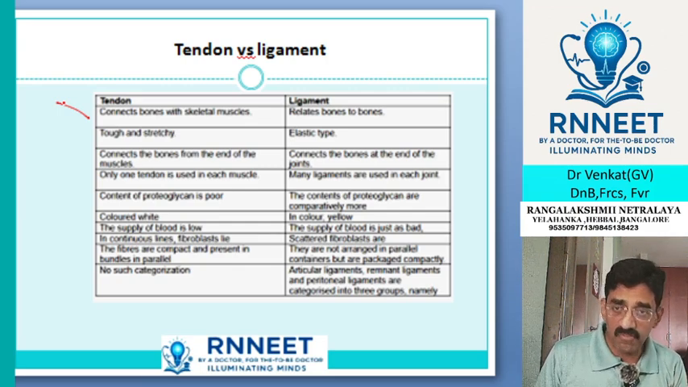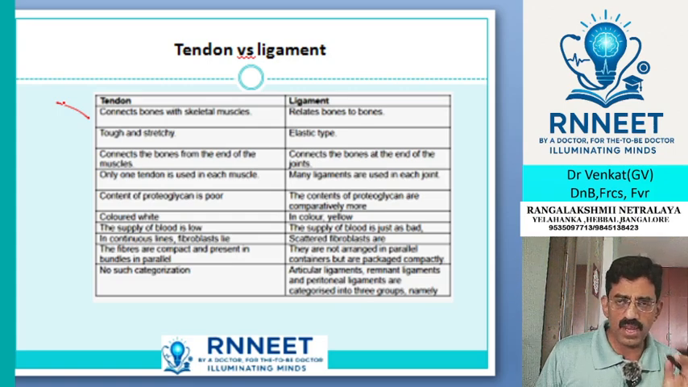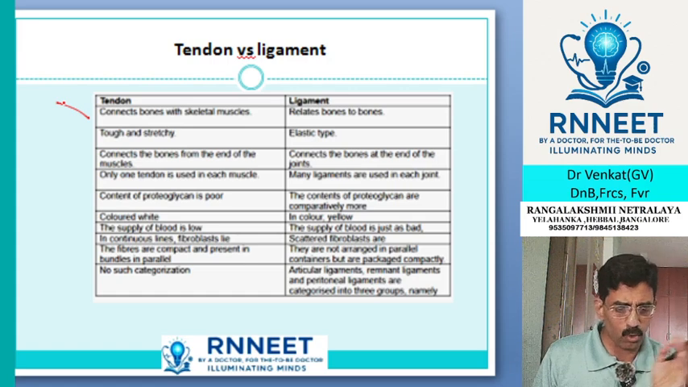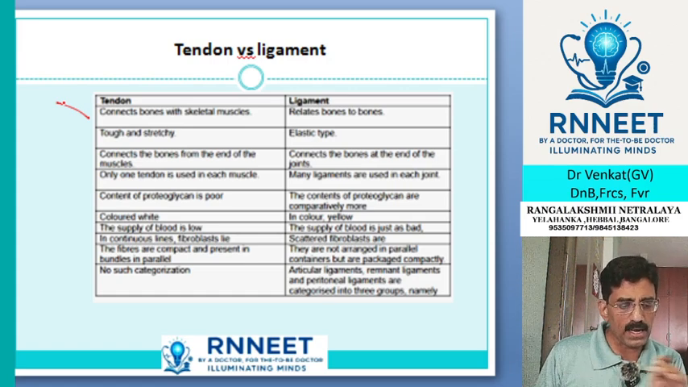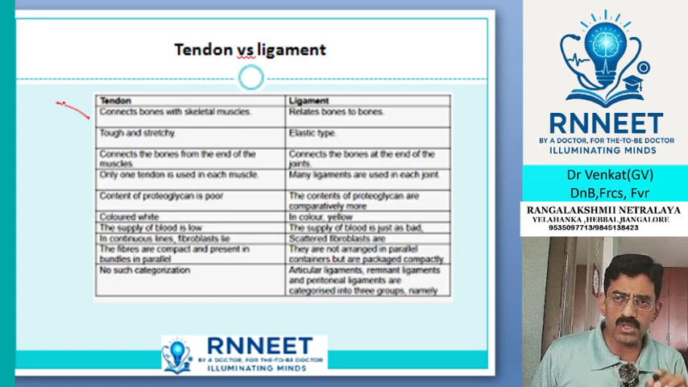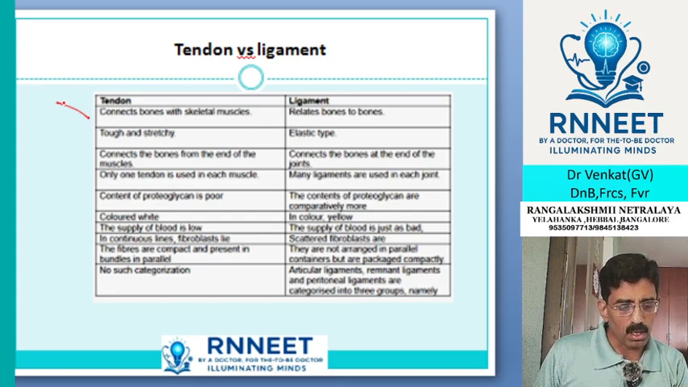Tendon is very tough and very rigid, whereas ligament is a little bit elastic. It is a little flexible compared to the tendon. A tendon connects bone to muscle, and here a ligament connects bone to bone. And one of the important things you need to remember between a tendon and a ligament is the